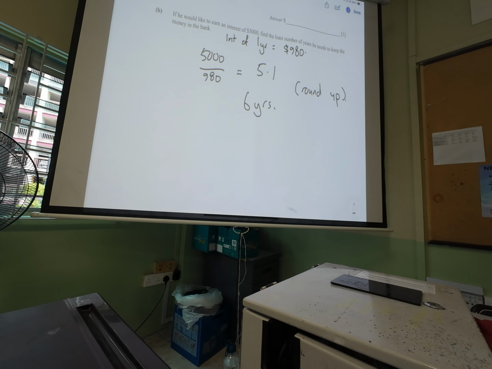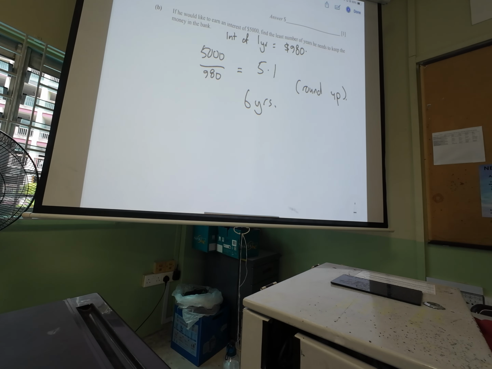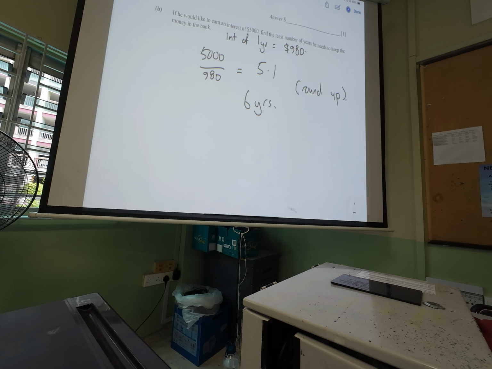Okay? So, primary school, maybe, guess and check, still allowed. But come to secondary school, think a bit, use logic. Then, 5,000. Then 1 year how much? Divide by 1 year how much, you get the number of years. Okay? Okay, so you get 5.1, you get 1 mark. You get 6 years, you get the final answer. So minimally